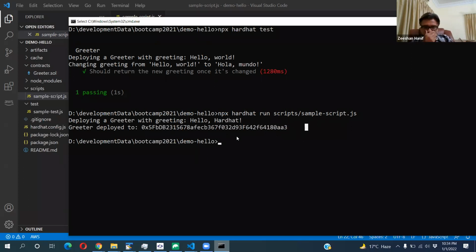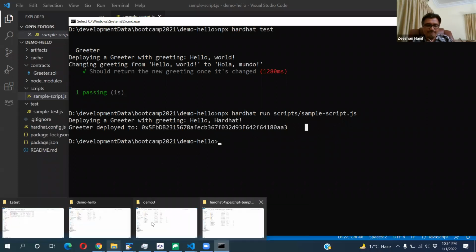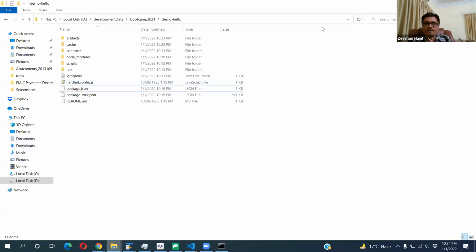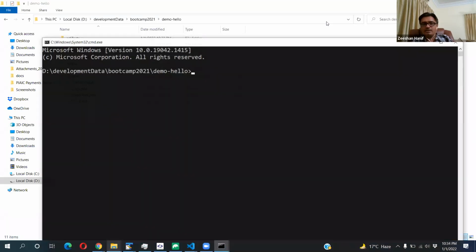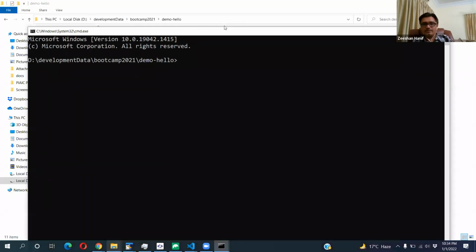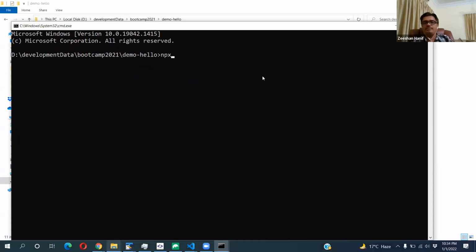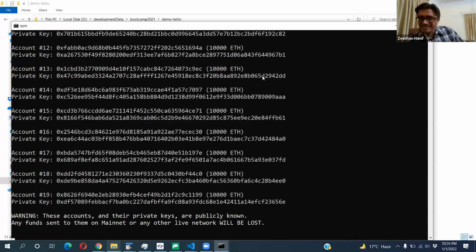Another option is, let me create another command prompt, and I'll call npx hardhat node. What it will do, it will create a blockchain.